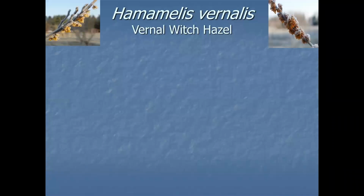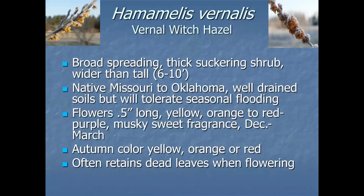Hamamelis vernalis, the vernal witch hazel, another native to the United States. In this particular case, we have a plant that is broad spreading, a thick suckering shrub, usually wider than tall, native down in our southwestern states, or down Missouri and Oklahoma, not really southwestern. The flowers are typically small. They're various colors from yellow through purple. They are very musty, with a very strong fragrance as a rule, and they typically have quite good autumn colors: yellow, orange,